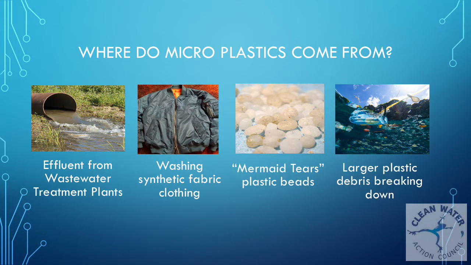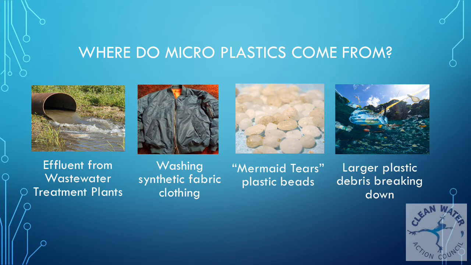All right, so where do microplastics come from? That's the big question to start getting us towards how can we reduce the pollution. Effluent from wastewater treatment plants has been found to be the main source of microplastics in oceans. Thin strands of plastic are released when clothing is washed, making it past filtration systems and polluting waterways in large quantities. Most recent data show that synthetic fleece jackets release 1.7 grams of microfibers every time they're washed.